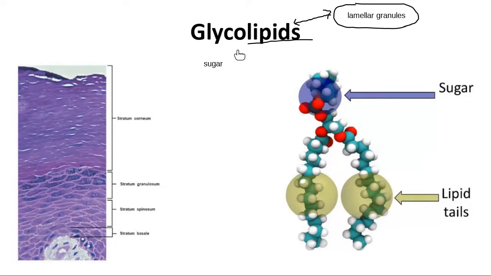See, I kind of like to think about glycolipids as the midlife crisis thing that keratinocytes do. So when we're down here in stratum basale, we're young, we're thriving, we're doing mitosis, we're making new cells. We grow up a little bit and we go here into stratum spinosum. By the way, stratum spinosum got its name because the cells have spines. Those spines are actually the desmosomes that we just talked about. So the spiny look that you can kind of see, some of these attachments here, that's actually the desmosomes that we